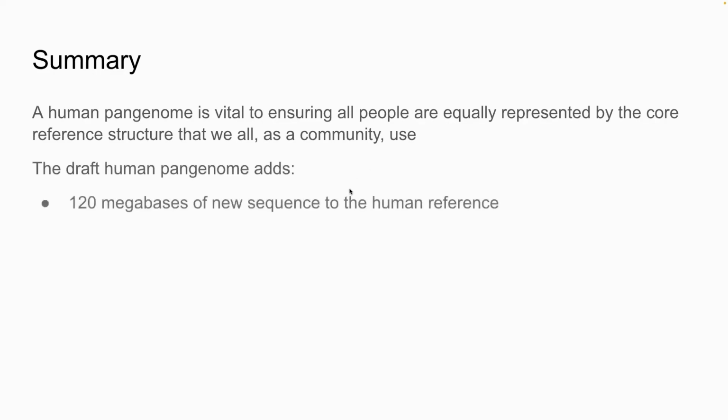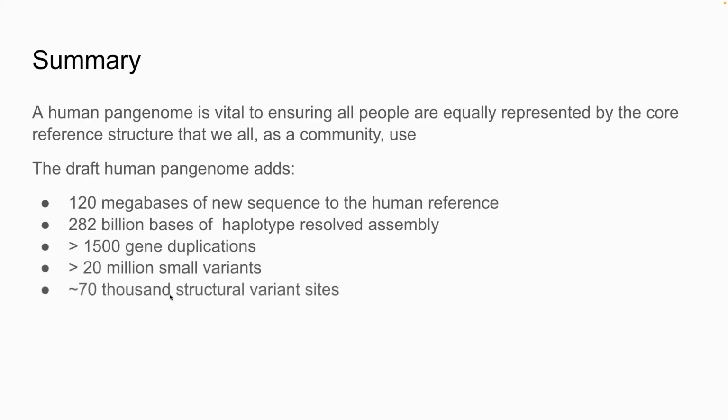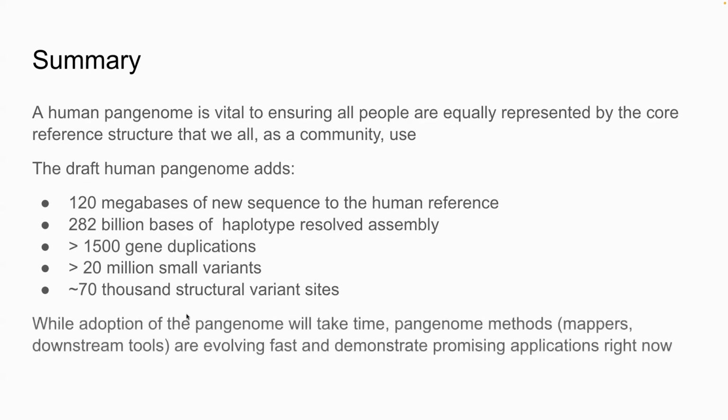So to do that, of course, we're trying to build a pangenome, and the draft that we've released thus far adds, of the order of 120 megabases of euchromatic sequence, many gigabases of additional heterochromatic sequence. Hundreds of billions of base pairs of assembled sequence. 1,500 or so gene duplications. Millions of small variants. And this is by far the biggest library of high quality structural variants that exists right now. And I keep telling people, it will take 10 years for this